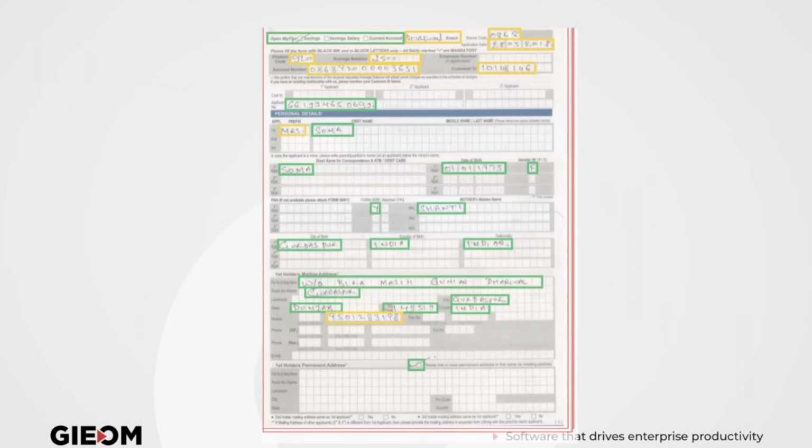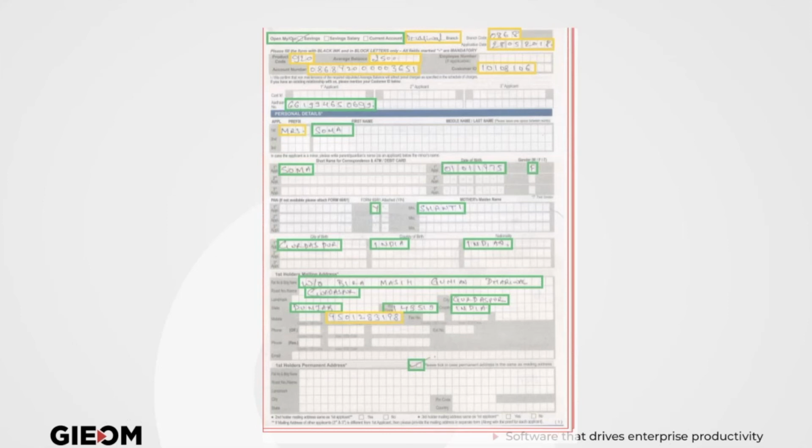So let's look at a form like this. A typical account opening form, you will see a lot of things that come from the supporting documents. And there are a few things that are tick marks. So I'm not promising here that we are reading the handwriting, because it's very difficult for technology to say it can read it 100% right. What technology can do is read 100% right the data from a supporting document. So with 20% from the data I have from the supporting documents, and the tick marks in the paper form being very easy to read compared to handwriting,